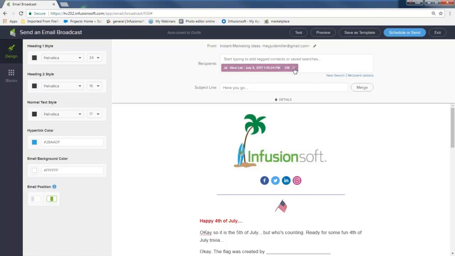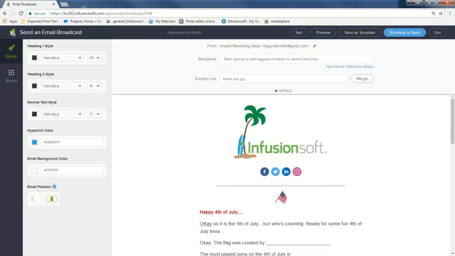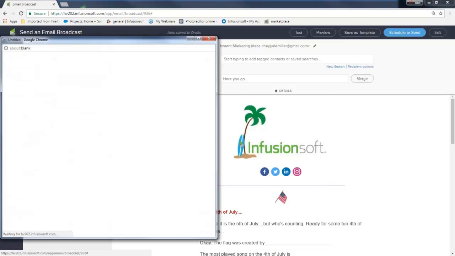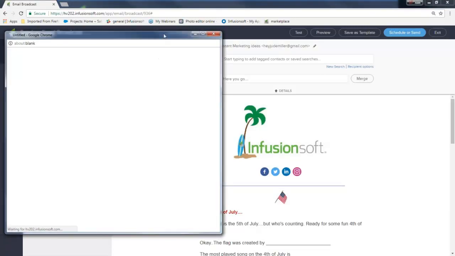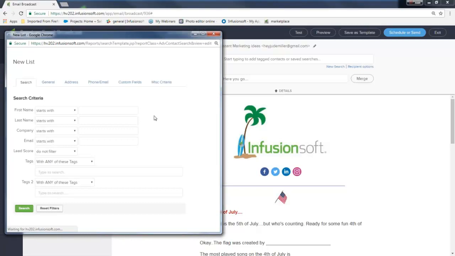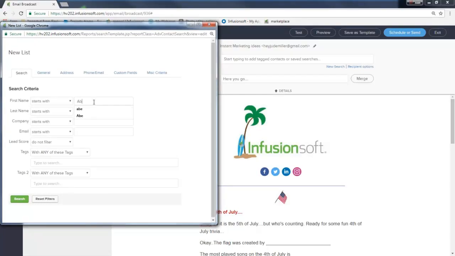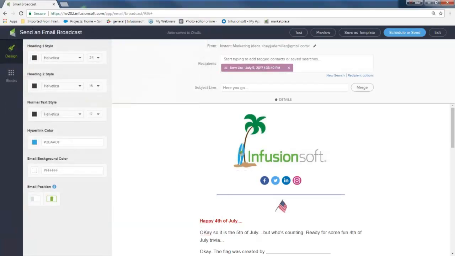I'm not going to send it to them because I don't want to send spam. So I'm actually going to do a new search and send this to a specific group of people. And I'm actually only going to send it to one person this time. I'm going to send it to Abe. Every Wednesday I send an email to Abe and hit search. When I hit search, Abe will appear, so there's just one person getting this email,